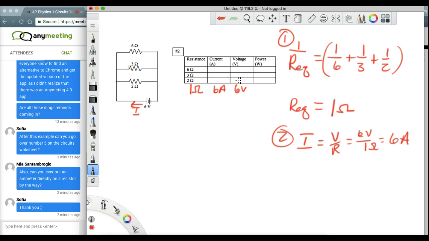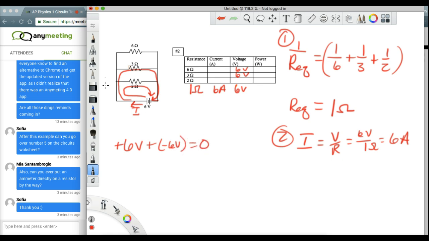Now this is a parallel circuit, so I cannot just write 6, 6, 6 all along this column here. But what I can do is remember that for every loop, this is Kirchhoff's loop rule, which is conservation of energy. It says that the sum of my voltage rises has to equal the sum of my voltage drops. So if the rise is 6 volts here, the drop across the 2 ohm resistor has to be 6 volts. And in this loop here, I have another loop where there's only one resistor, so the drop has to be the complete 6 volts